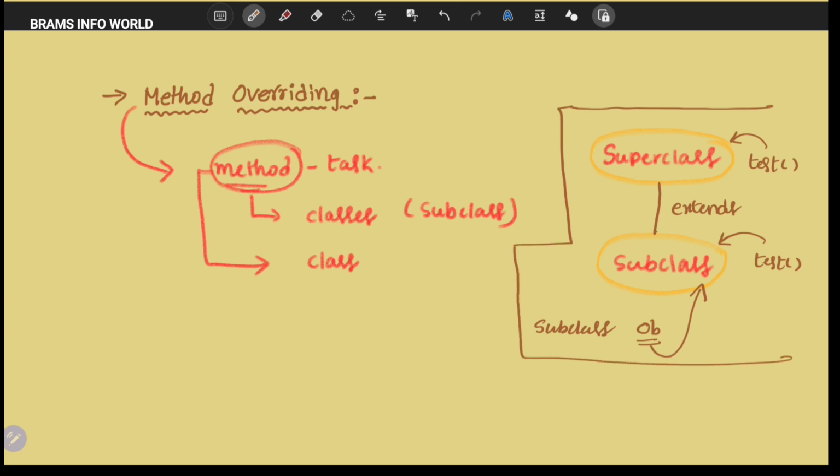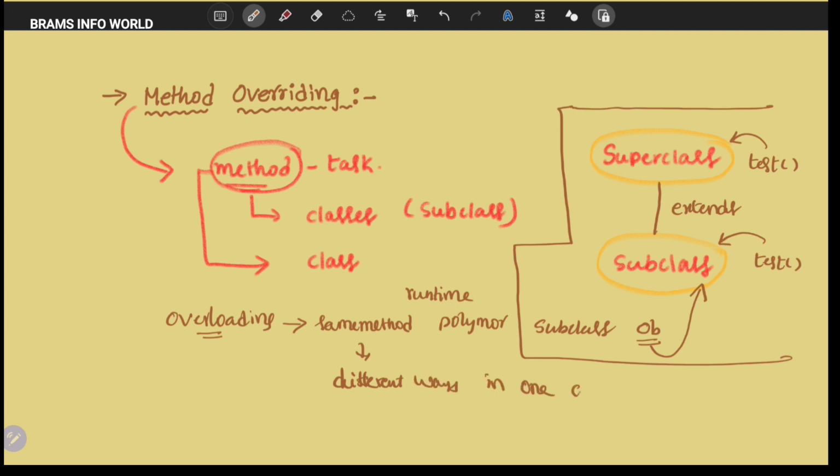This method overriding we can also call runtime polymorphism. It is one type of technique. See, earlier we have method overloading. What is the meaning of overloading? Overloading means the same method in different ways in one class.